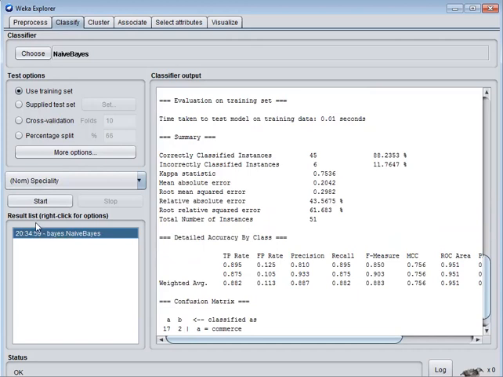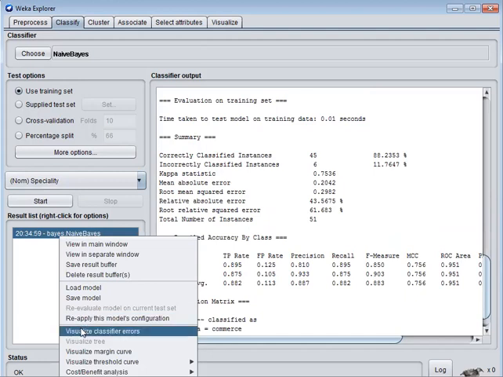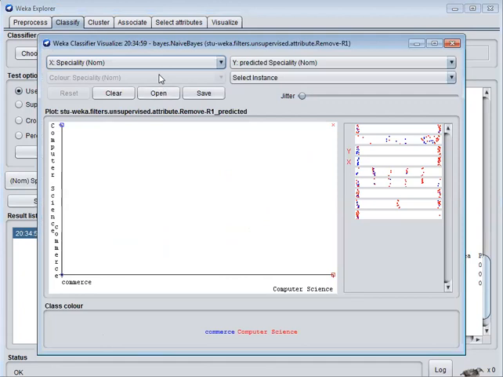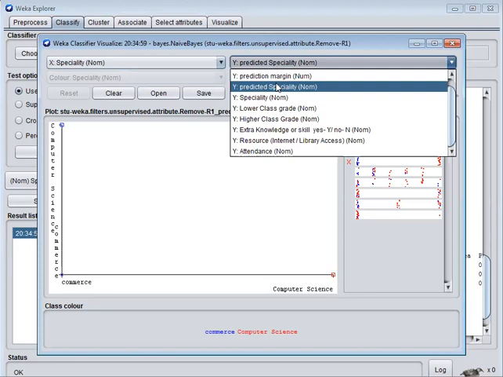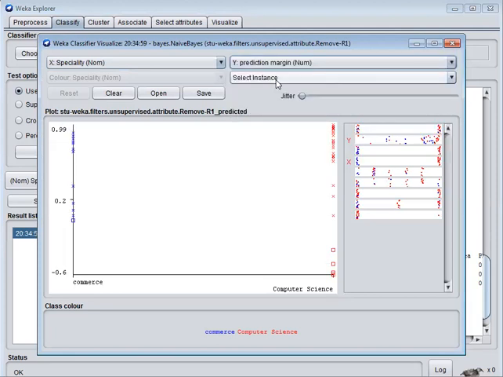Then with a right click option on the naive Bayes classification result, we can visualize the classification error based on specialty on the x-axis and the predicted margin. So the predicted margin between the commerce and the computer science department, the probability distribution, can be displayed.